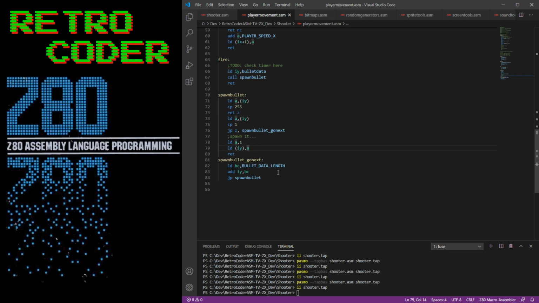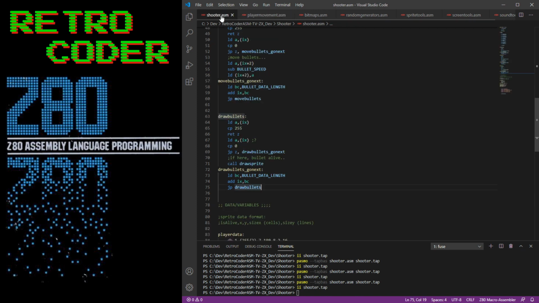So when we spawn it, it's a good time to just set its position. Let's load A with IX plus 1. Load IY plus 1 with A. Simple. Copy paste. Change them to 2s. The X and the Y sorted. It's just going to come out at the top left of the